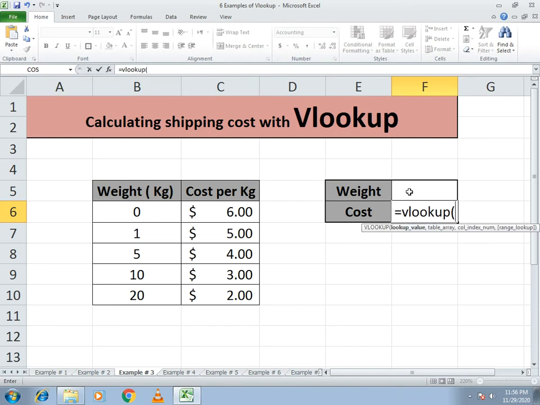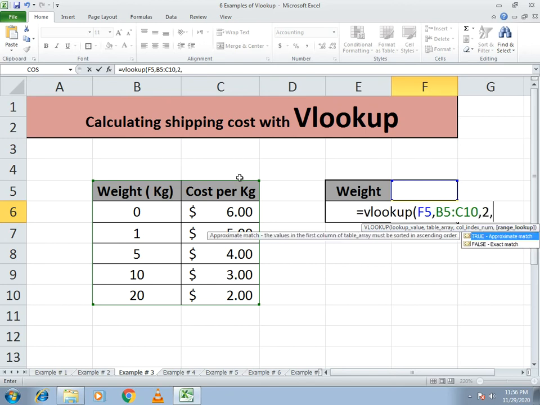bracket open, then it says which value I want to look. You have to just look up the value which is F5, then it says the table array, so you have to just select the whole table array. Then it says column, so column is second, and then you have to just select the criteria. It says which criteria I will select, so you have to just give the criteria which is our range criteria,